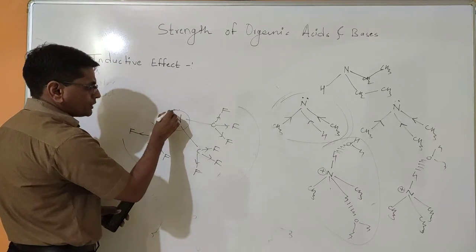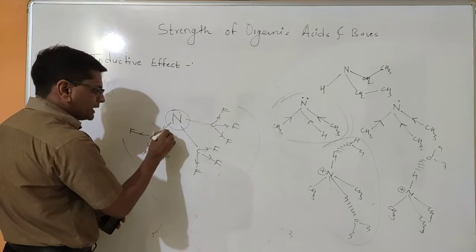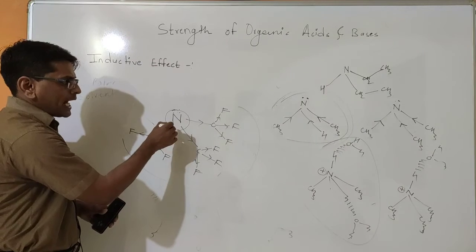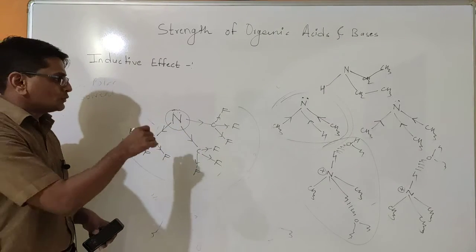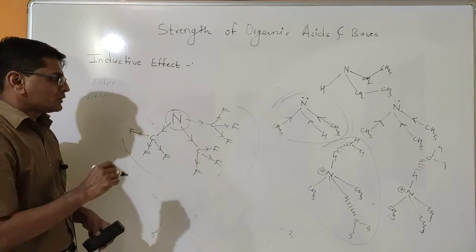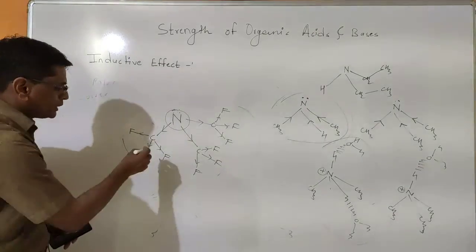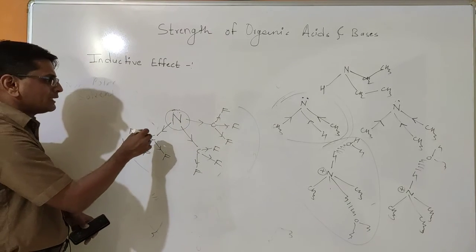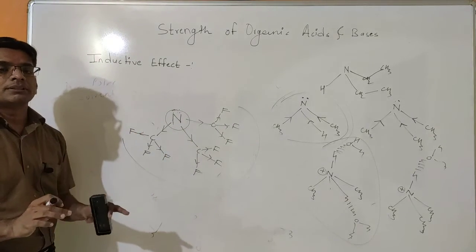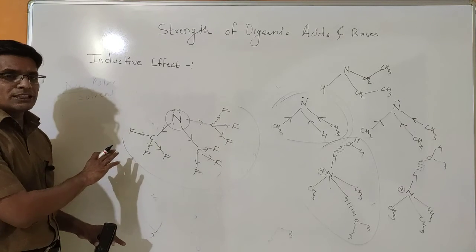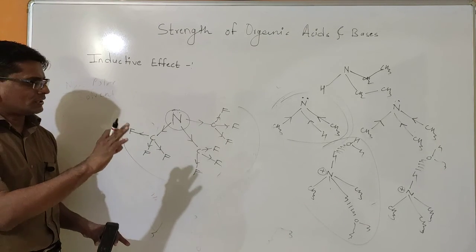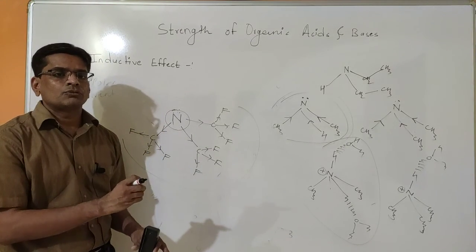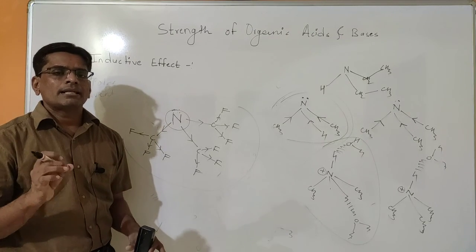Due to that, the one nitrogen which is the electron rich center donates its electron toward the fluorine. That means the electron density at the nitrogen decreases. So no electron is available on the nitrogen, even if the electron pair is present, because due to electronegativity the inductive effect is reversed, and this molecule is negligibly basic in nature. Almost non-basic. This is about the inductive effect, one of the factors which affect the acidity and basicity of